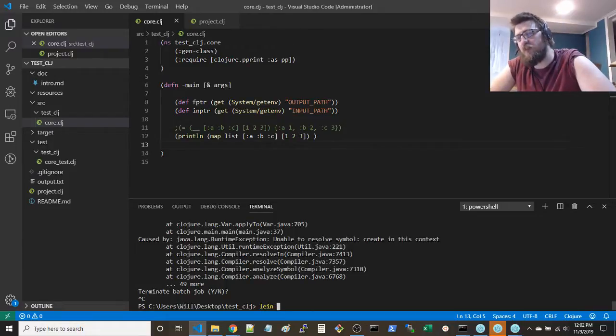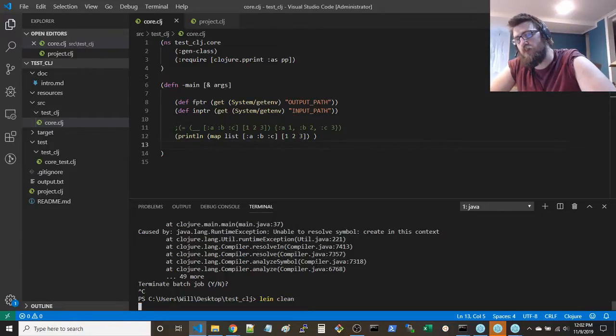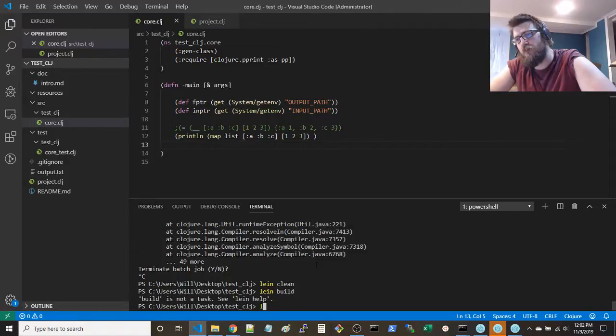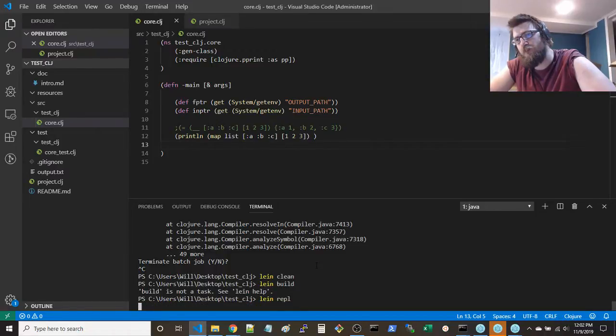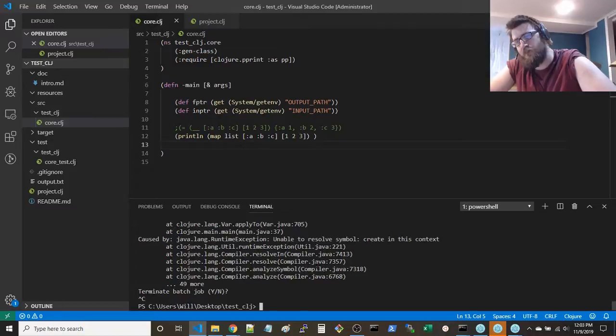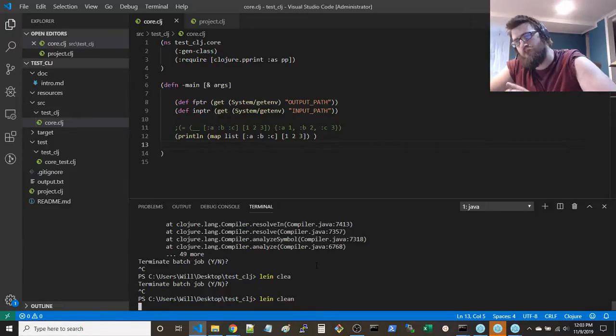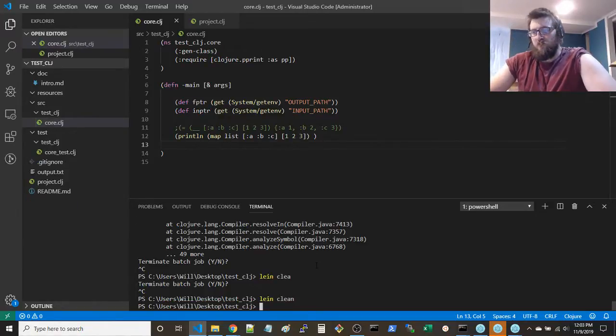We can do line clean, line build, line REPL. Is it make?